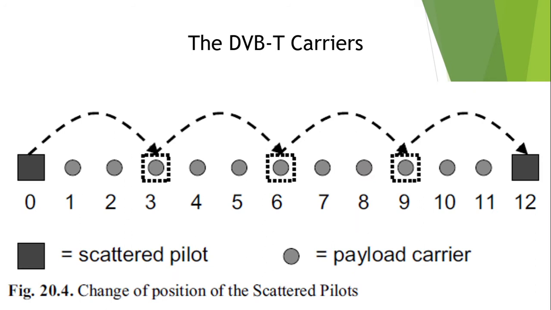There are 68 TPS bits. Out of that 68, 17 are used for initialization and synchronization. 13 bits are used for error protection. 22 bits are used at this present moment. And 13 bits are reserved for future applications. So look at the table number